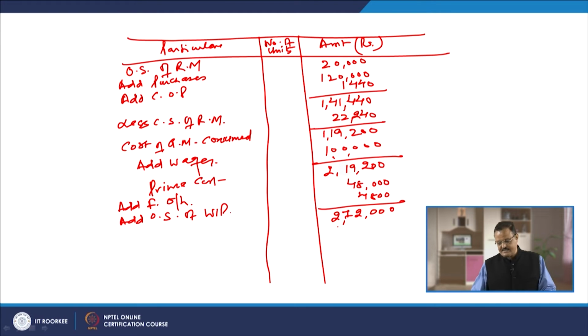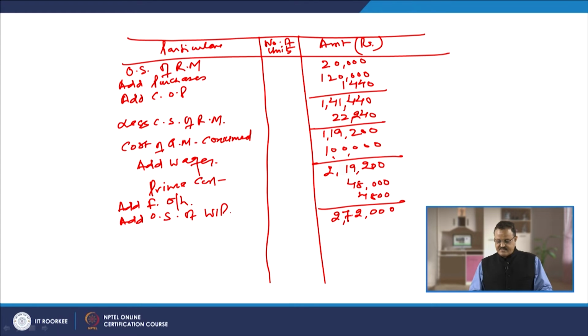2,72,000 rupees. This is the factory cost before setting aside the closing stock of the WIP. So, work in process. We had the prime cost, we added the factory overheads which are incurred in the current period, then add the opening stock of WIP. So, factory overheads are 48,000, opening stock of WIP is 4,800. So, the total works out as